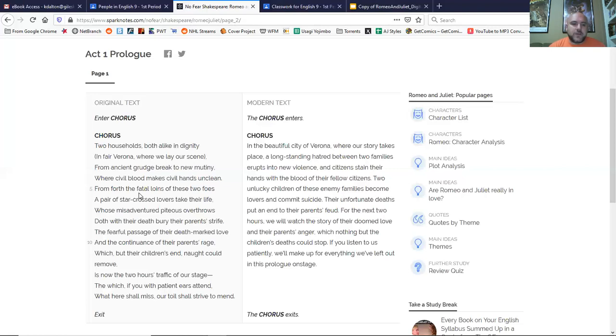The which, if you with patient ears attend, what here shall miss, our toil shall strive to mend. So we're going to leave some stuff out of what we're saying right now. This isn't the whole story. But if you listen to us, and if you pay attention to the rest of the play, we'll fill in all the blanks. So in this prologue, the first thing that we get,